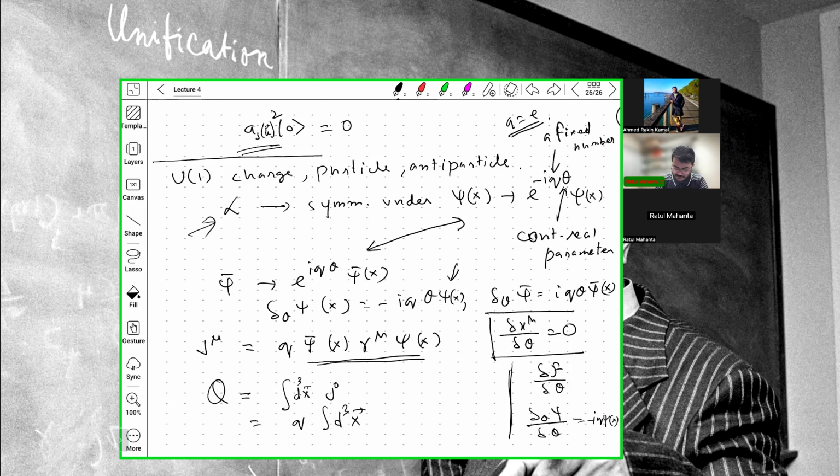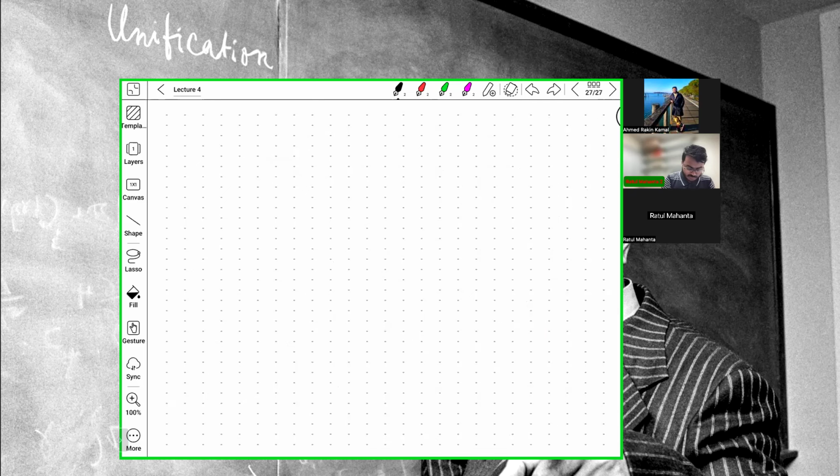J0 is psi bar gamma 0 psi, but psi bar is psi dagger gamma 0, and gamma 0 squared is identity. So it is q times the integral d3x psi dagger psi. That will be the charge, and you can plug in the mode expansion, take the normal ordering, and the normal ordered Q will be given as